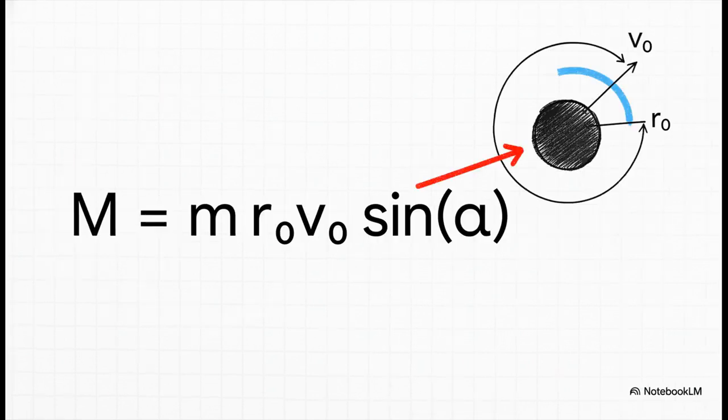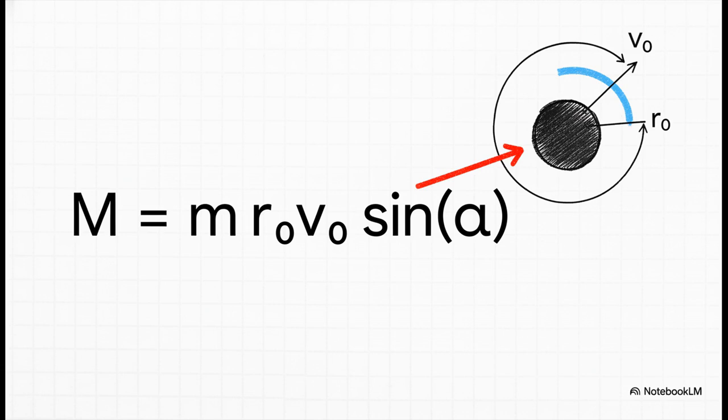We do the exact same thing for angular momentum. The magnitude, M, is just the mass times our initial distance r0, times our initial velocity v0, times the sine of that initial angle, alpha. And hey, quick pro tip here. A lot of students trip up on this. They forget the sine of alpha. You cannot forget it. It's so important because that initial velocity might be pointing at any old angle, not just